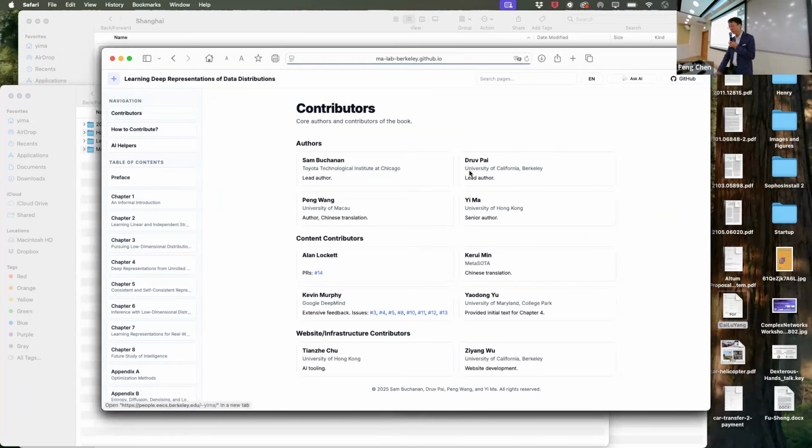Contributors, right? You can see there's a core team of authors. Those are my two postdocs, and this is my current PhD student. And there's already people you can see, right? Of course, there's people helping with Chinese. We'll talk about that later, the Chinese version, translation. And my former student works at OpenAI. And also you can see there's already people making substantial contributions to the book.